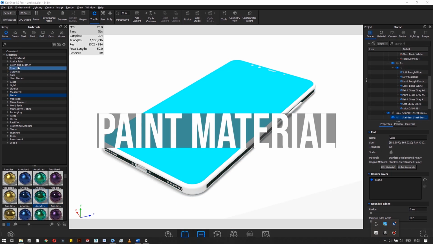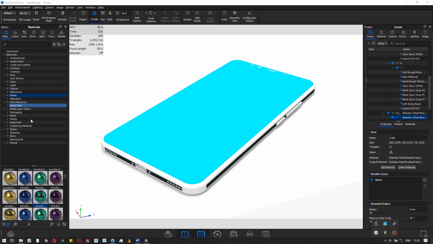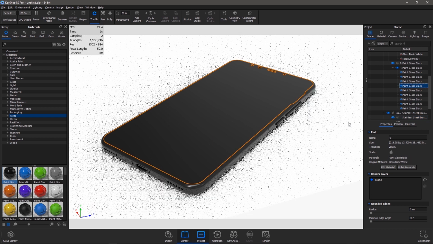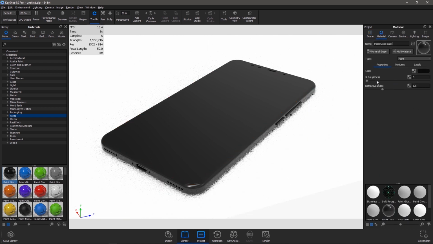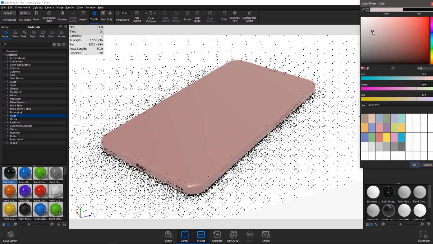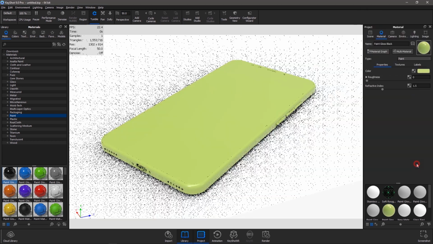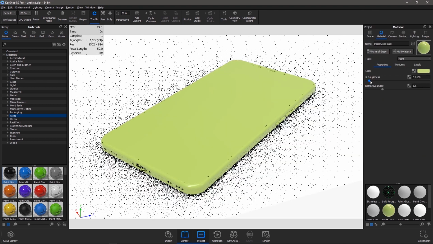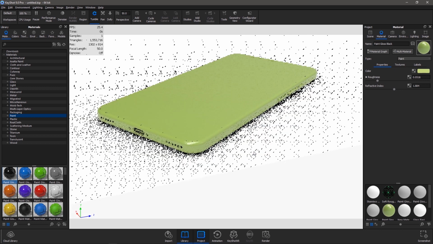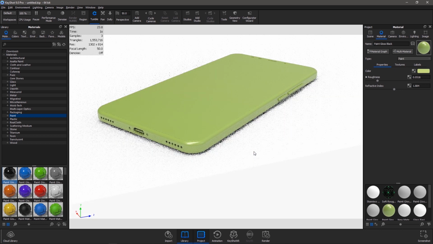The paint material type is used when a non-metallic paint appearance is required. It provides a quick way to set a base color, and then control the clear coat on top of the model. The parameters are color, roughness, refractive index. The important one here is the refractive index. It controls the intensity of the clear coat. If you want shiny surface, you should go for the higher values. You can make matte finish by bringing the value closer to 1.